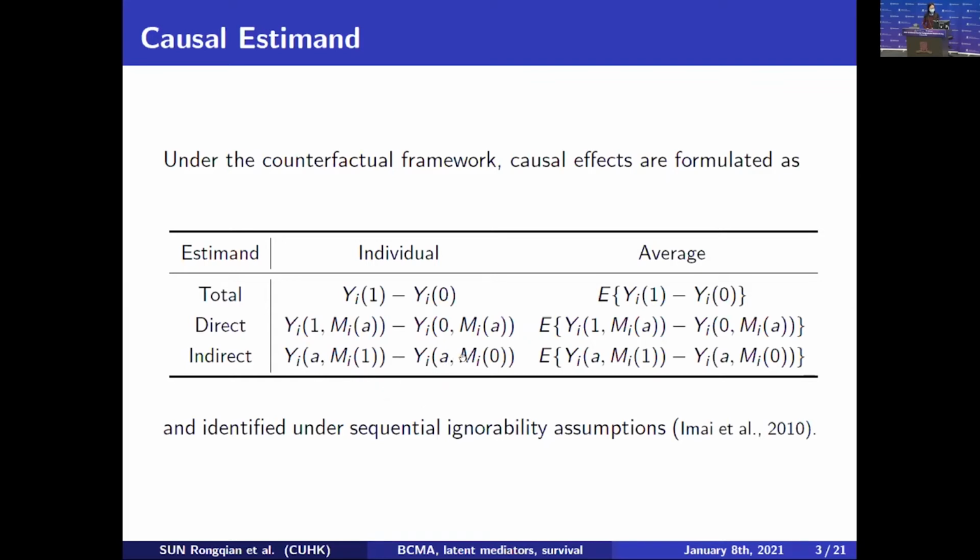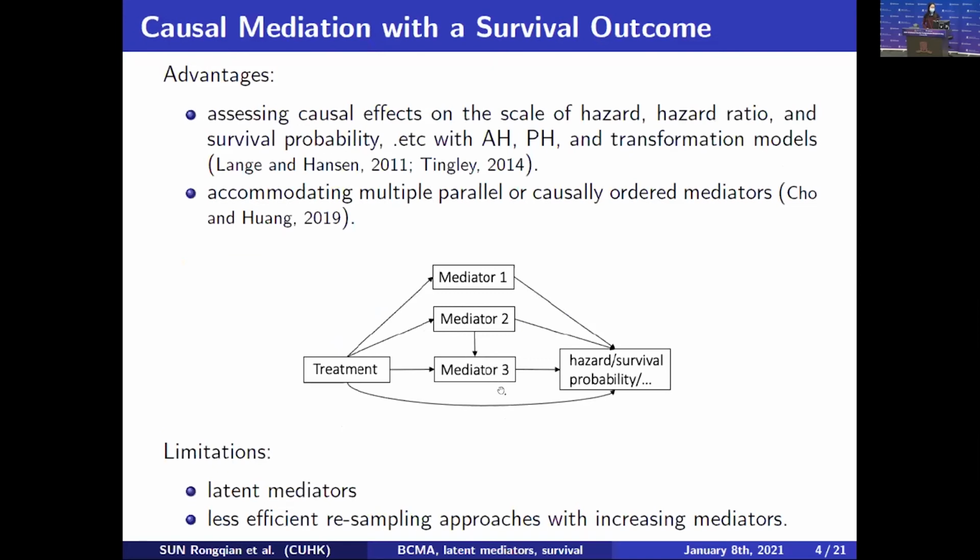And then in survival analysis, models with multiple parallel or causally ordered mediators have been proposed to assess the causal effects on various scales. Here, parallel means the two mediators are causally non-ordered, like mediator 1 and 2 in this path diagram. And by causally ordered, we mean there is a directional path between the two mediators, like mediator 2 and 3 here. And our work extends this model to accommodate latent mediators, which are unobservable dimensions that have to be